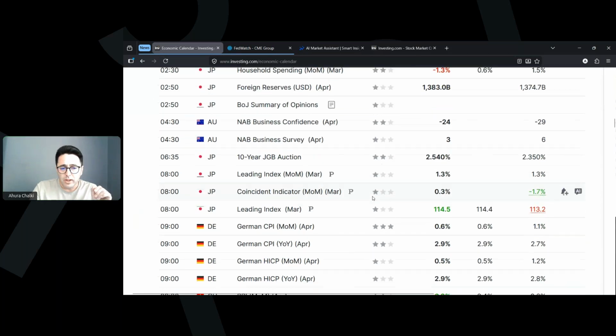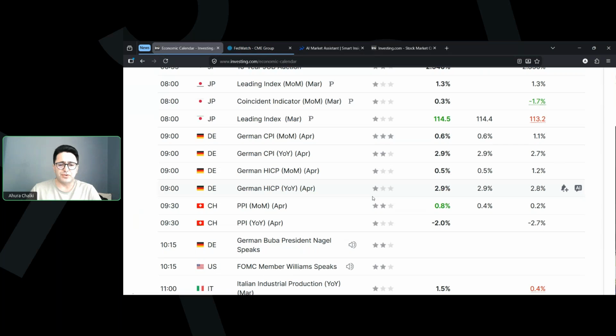Anyhow, inflation in Germany on Tuesday increased by 0.6% on a monthly basis, slightly lower than March's 1.1%, but annually it increased again to 2.9% from the previous 2.7%. When we are talking about 2.9% inflation for Germany, don't forget that it was about 1.7% right before the war started. And now we can see the European economies, in the bigger picture, are one of the biggest affected economies after the Iran war.